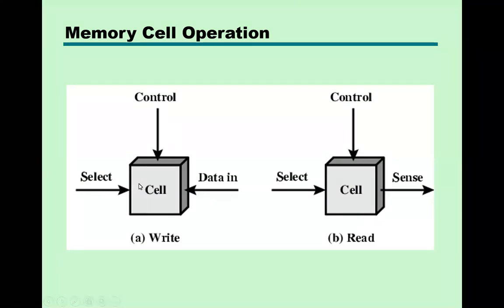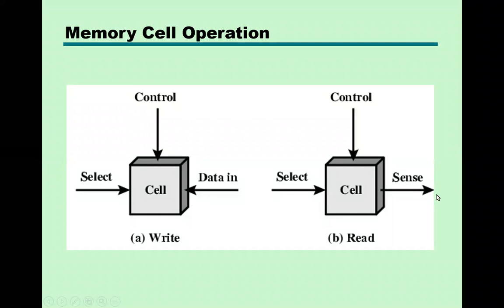So here you are selecting. The control signal is for either reading or writing data in a particular cell. So either you are reading or writing. How will you come to know it? The respective operation will be performed by the control signal and data in or sense. Data in means writing. You are putting one bit in one cell, one or zero. So data in means you are putting a value here. It means you are writing a value in a cell.